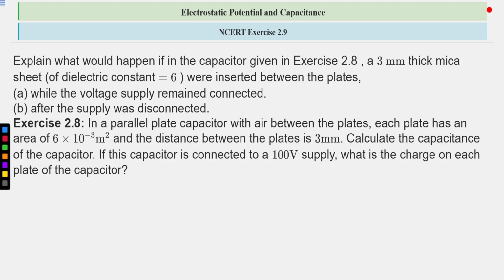So exercise 2.9, explain what would happen if in the capacitor given in exercise 2.8, a 3 millimeter thick mica sheet of dielectric constant 6 were inserted between the plates. So in exercise 2.8 we calculated the capacitance with air between the plates. Now we are inserting a 3 millimeter thick mica sheet of dielectric constant 6. Now the separation between the plates was also 3 millimeter in exercise 2.8 and the thickness of mica sheet is also 3 millimeter, means it is fully inserted between the